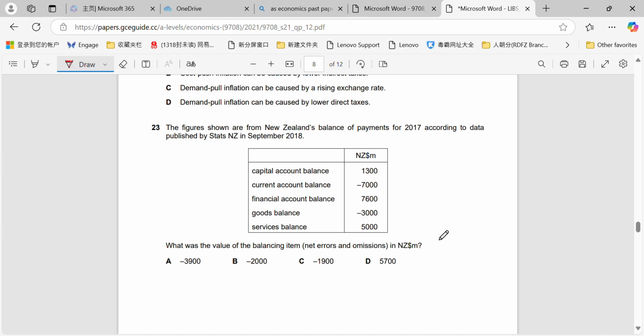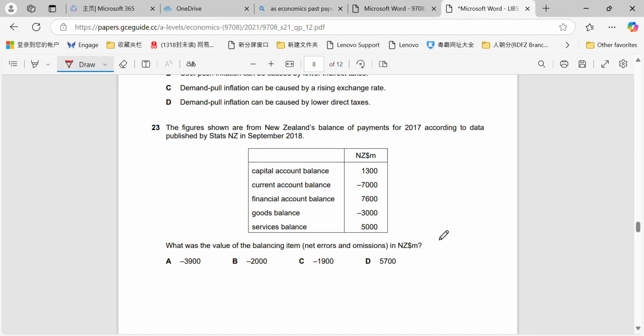Okay, again, this is not really relevant to the new syllabus for anybody sitting in 2025 or 2026. However, we may as well go through it anyway because it is important to know. So a balancing item is essentially the current account, or the total balance of payments will have to balance, hence why we call it a balance of payments. We could have a deficit or a surplus on our current account, but it will need to be counteracted by the capital account and financial account.